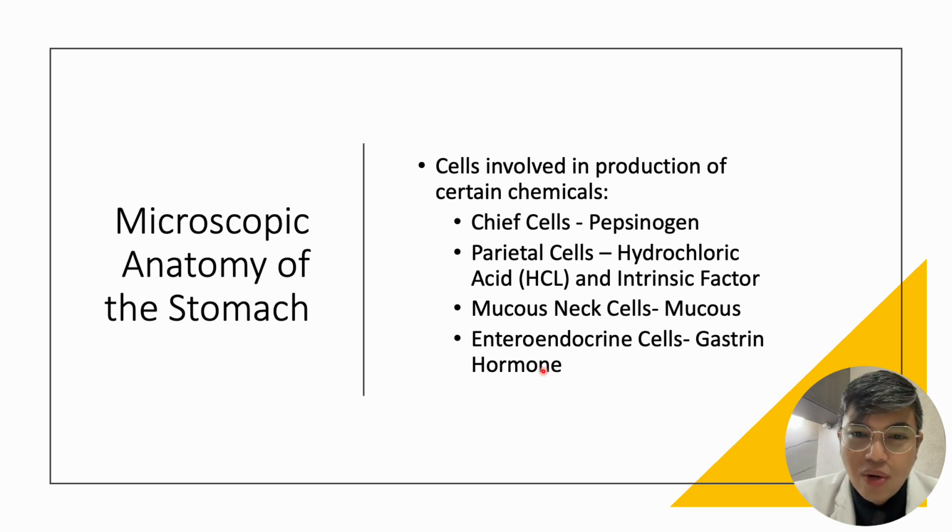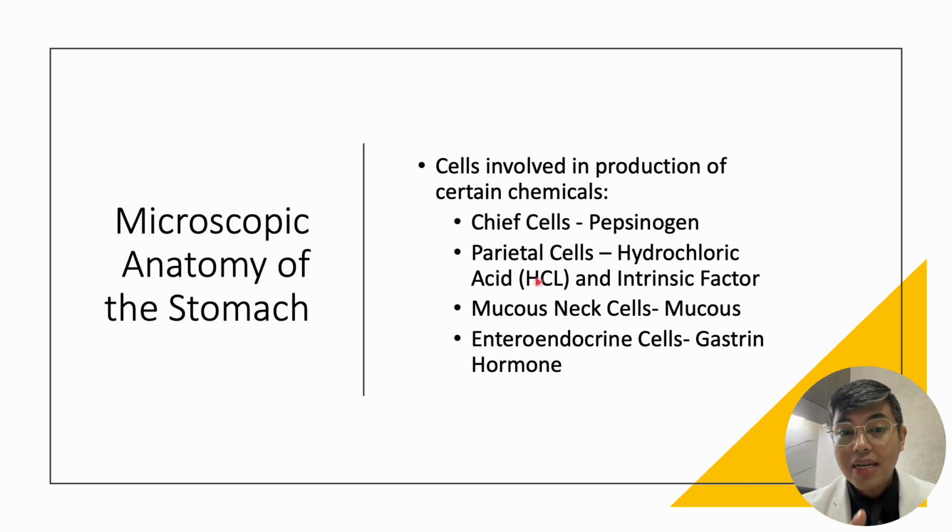So, paano nagsisimula yan? Ngayon, for example, dun pa lang, no, may naamoy kang masarap. Amoy masarap, gutom ka. Ang unang-unang nagre-react would be your enteroendocrine cells. Your enteroendocrine cells will be producing the gastrin hormone. This gastrin hormone will now be in contact with your parietal cells and your chief cells. Your chief cells again will produce this pepsinogen, and your parietal cells will produce your hydrochloric acid.